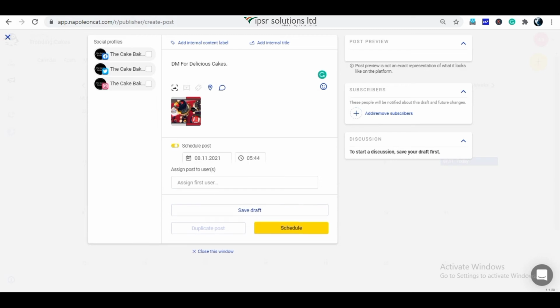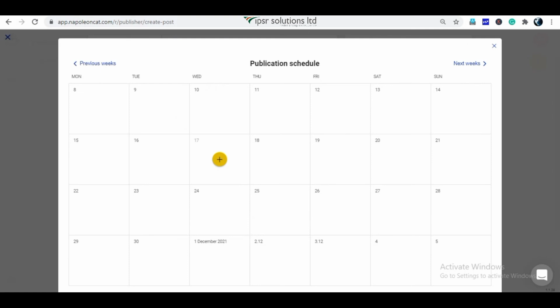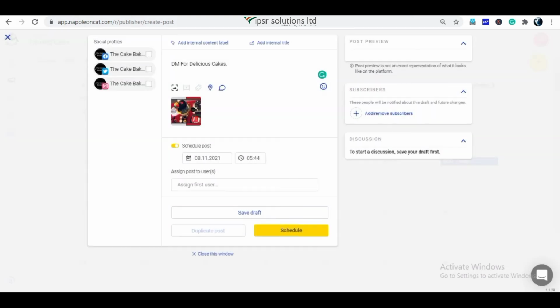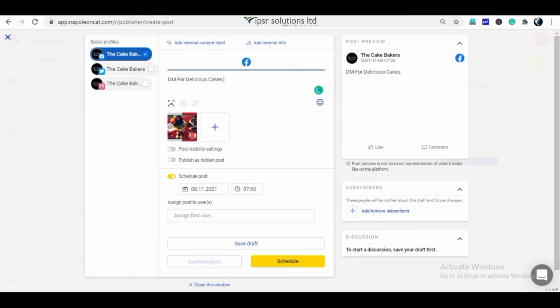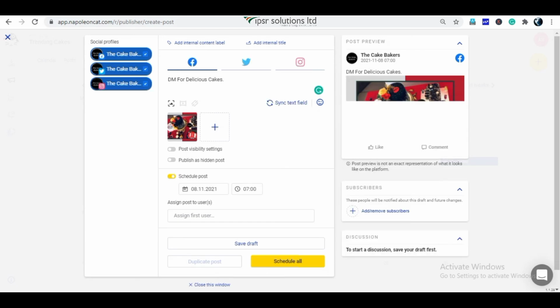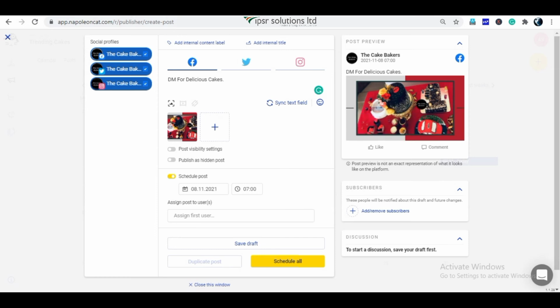If you want to schedule this post, we can set it here. You can select the social media profiles you want to post to. On the right side, you can see the preview of the post. If all goes well, let's hit the schedule button.